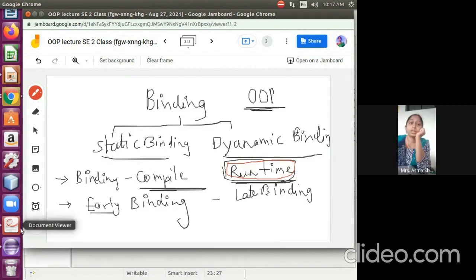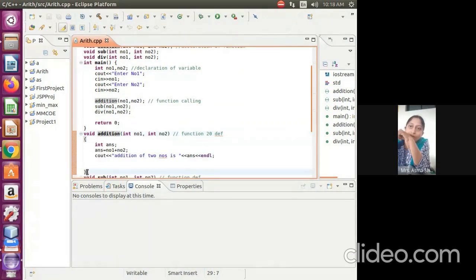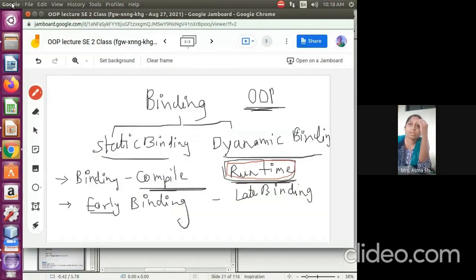Very good. So here I told you like this. Addition, we are calling that time when I call this function, control goes to this logic. And when it finishes, it again comes back to the next operation within the same function. Like here, if you see addition, after addition completion, it goes to the next line, then the next line like this. So here, if we say this is compile time, we can say how we can do the dynamic binding in the next lectures.